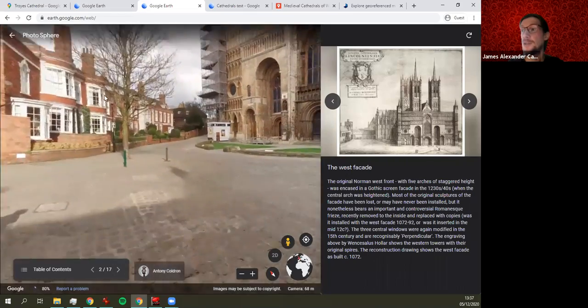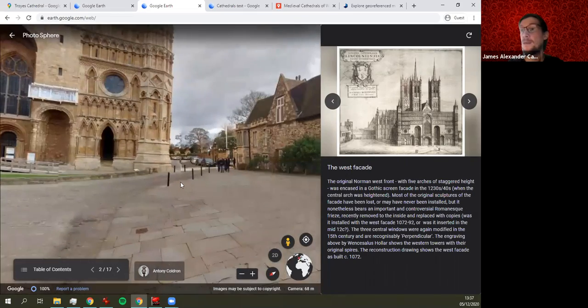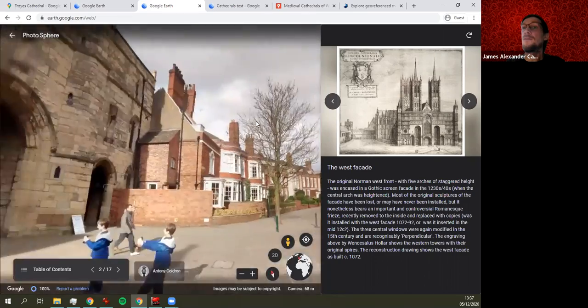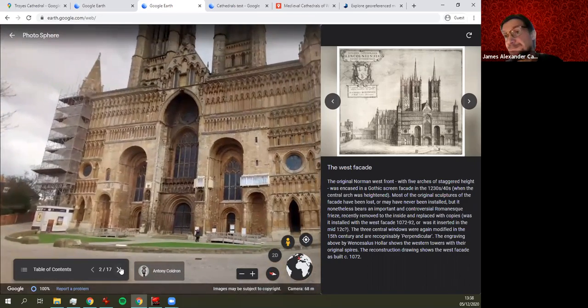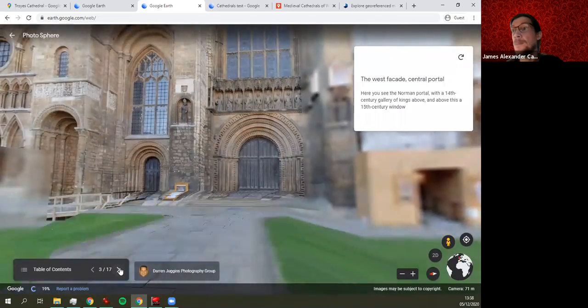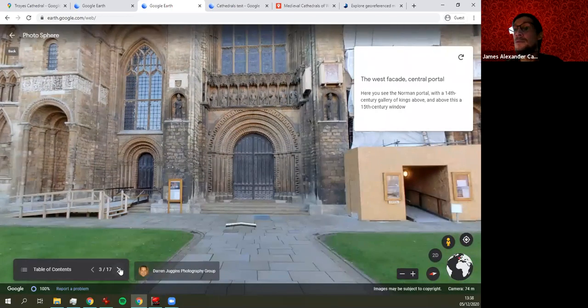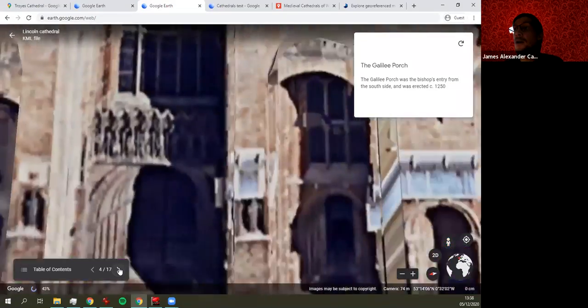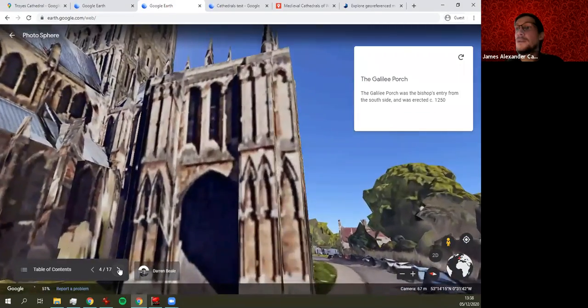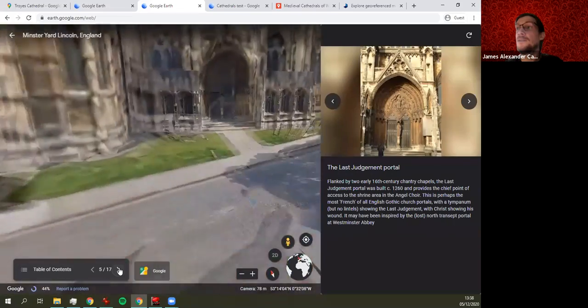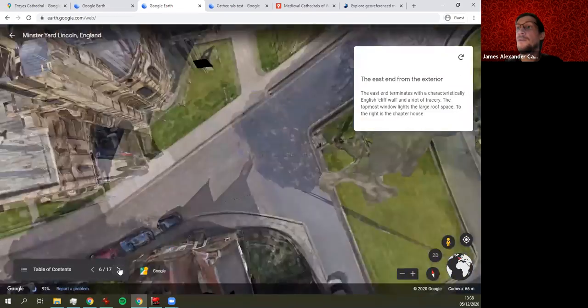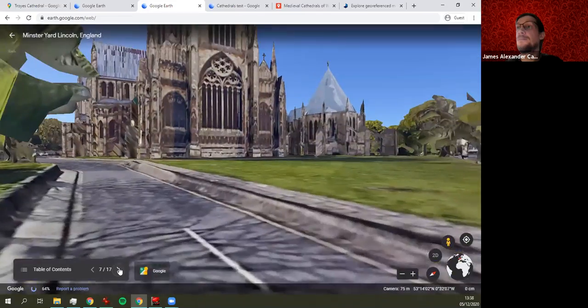And this is still photosphere. So you can look all around and see things, but it captures that particular view. Go next, and you see it all. Whoop, gallery porch, and just does the exterior first, but then when we go into the building,